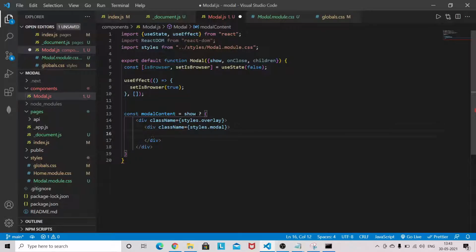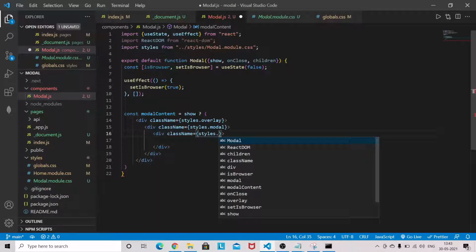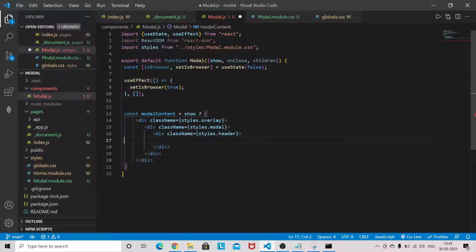Okay, then className styles.header. Then here we will have a close button, okay, so this will be href hash, and onClick I will be passing handleClose, so we'll have to write this handler.